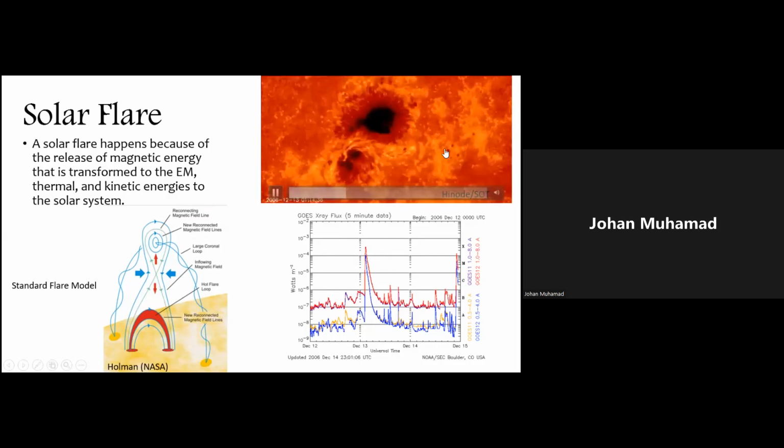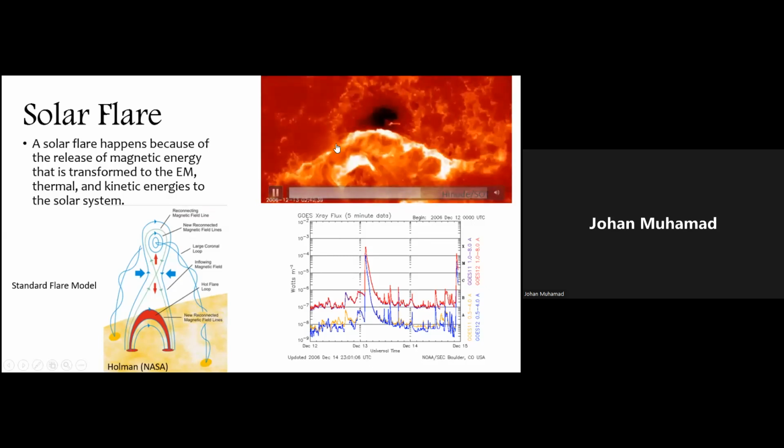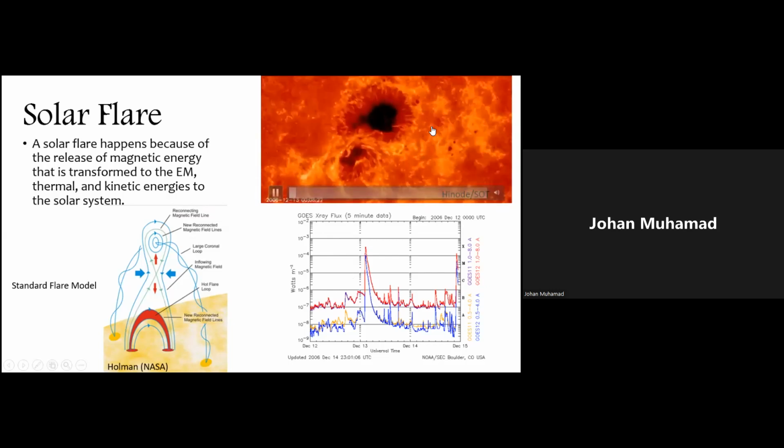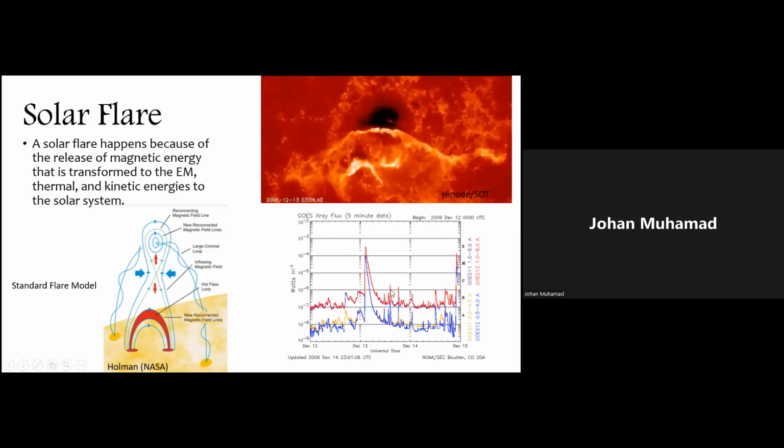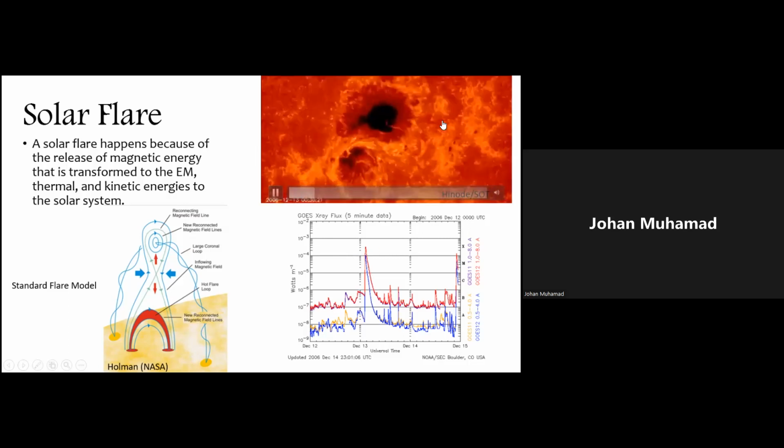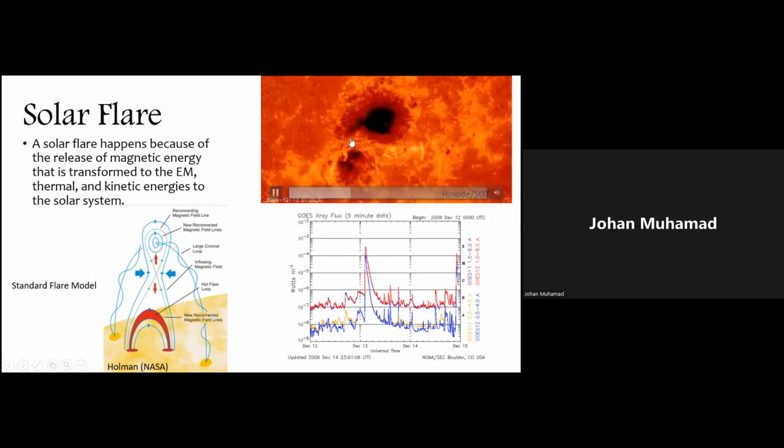If we observe that flare from this active region, we can see that suddenly there's some kind of flare ribbon like this in the sun. We know that a flare happened by observing the GOES X-ray flux and also by observing the sun directly